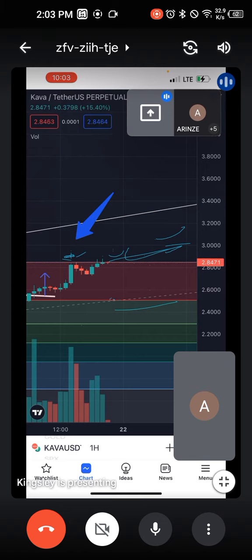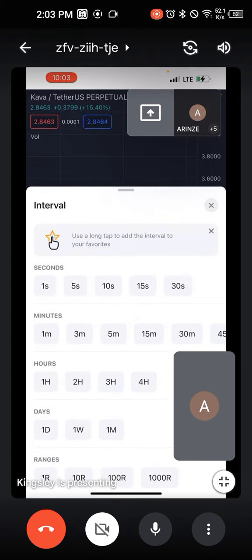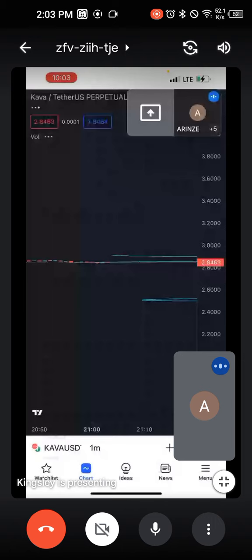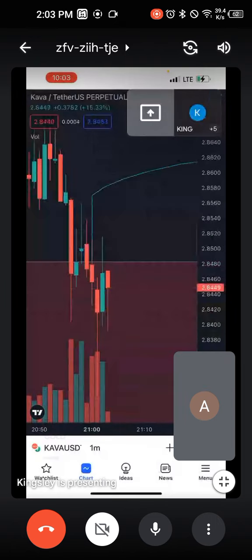The candlestick, let's go to the 1 minute chart. Are you seeing this thing? Are you seeing my screen? Yeah. We are seeing it. Now look at what we call a candle. I just want you to be checking what this last candle is doing, so that you learn how a wick is formed.